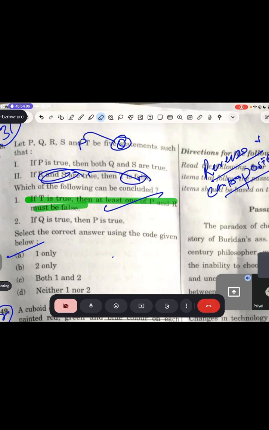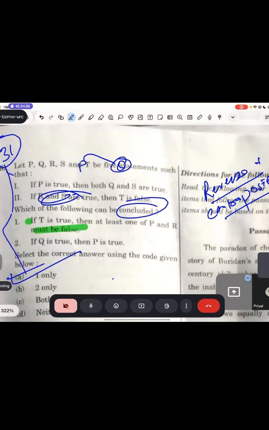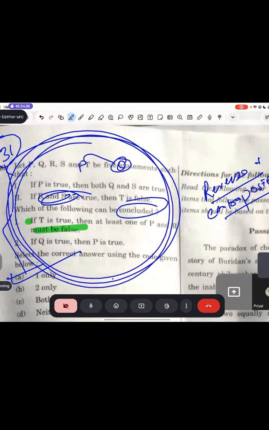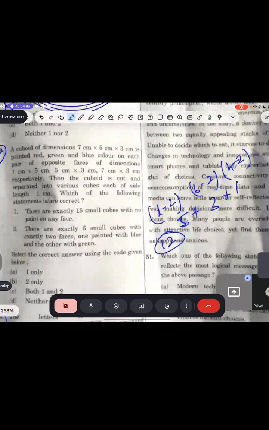So guys, we need a definite answer actually. Remember, a definite conclusion means a definite answer, no doubt. Otherwise, make it wrong. That's why the answer will be only one here. Guys, I will take one extra class for this kind of question, then you will understand. Here we are running out of time, that's why I'm taking less time.